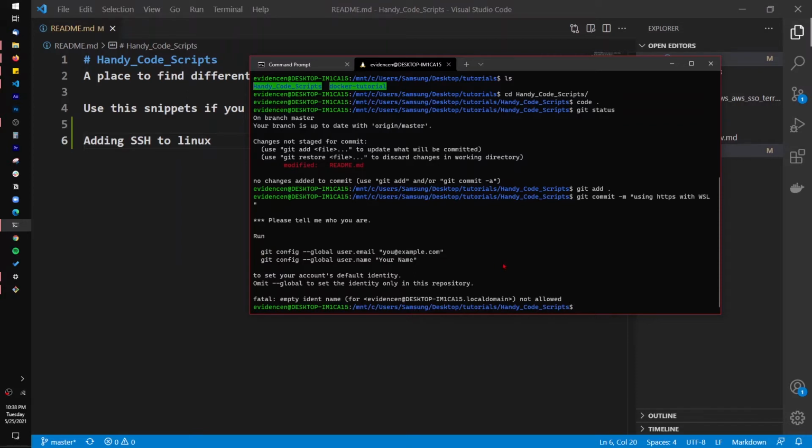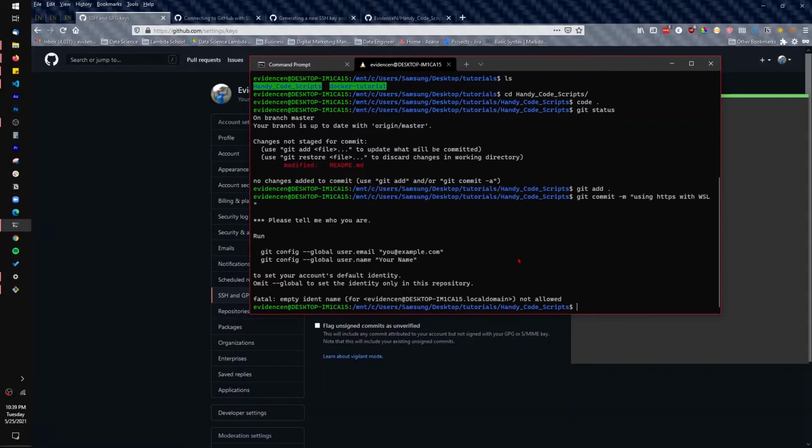When you get Windows Subsystem for Linux going, you have to make sure you tell your Windows Linux environment about your GitHub profile. I forgot that, so let me do that real quick. To add my GitHub account to my Windows Subsystem for Linux, I'm just going to type in this code,